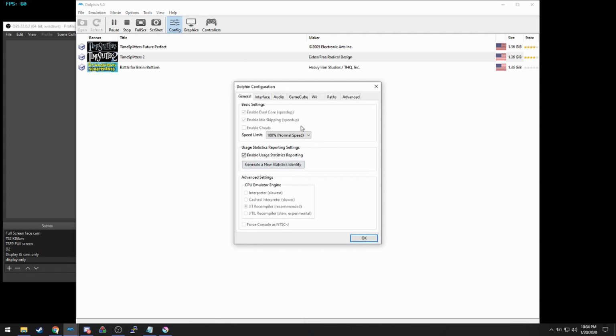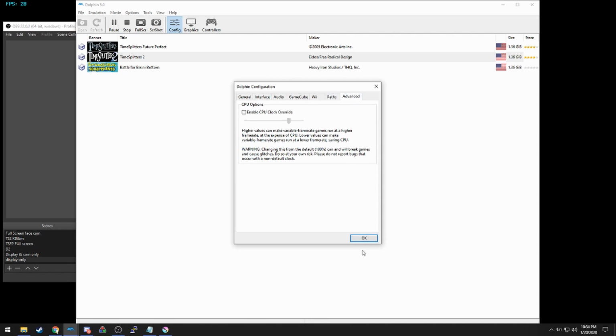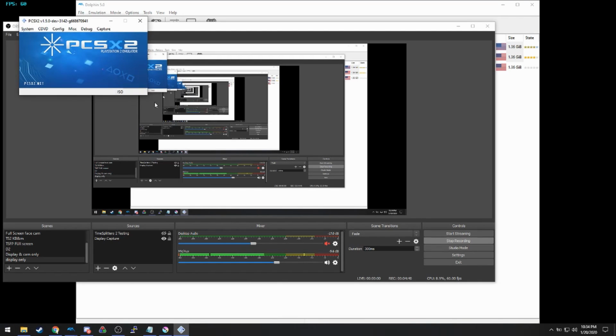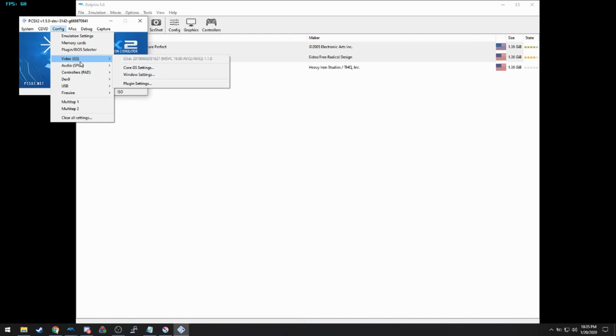My config, everything here is default. Take a look at those. I'll also open up PCSX2 so you guys can see how I run it on there for when I play online. So Dolphin can't play online because it doesn't have any online capability, but PCSX2 does. So for Future Perfect, which is the only one I actually play online with,